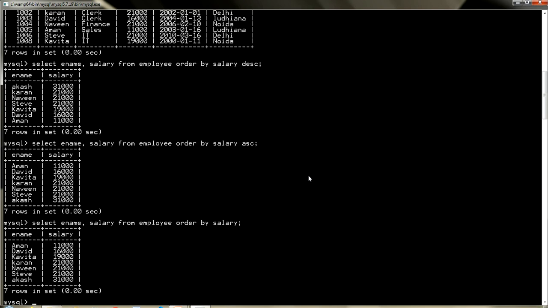So the simple syntax, whenever you want to sort the data, is select, write down the columns that you want to see from table name, and then order by, and after that the name of the column on which you want to apply the sorting, whether in ascending or descending. After that you can mention. By default it sorts the data in ascending order.